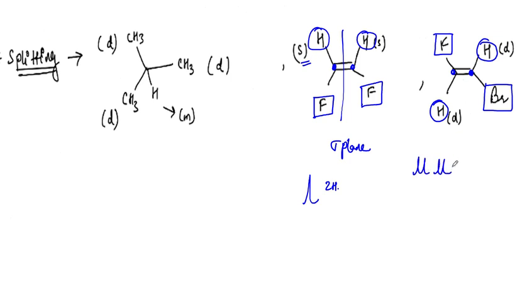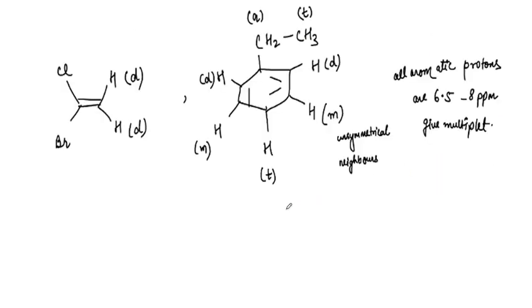We are going to get two doublets with equal coupling constant. Okay, we are going to discuss why it is an equal coupling constant. Yes, so we are getting two doublets like this for both of these hydrogens, and two peaks definitely. Okay, right, so this is how it is going to be. Let's now move onwards to another example. Now let's see this example over here. Just like I had told you, because the two groups are different over here.